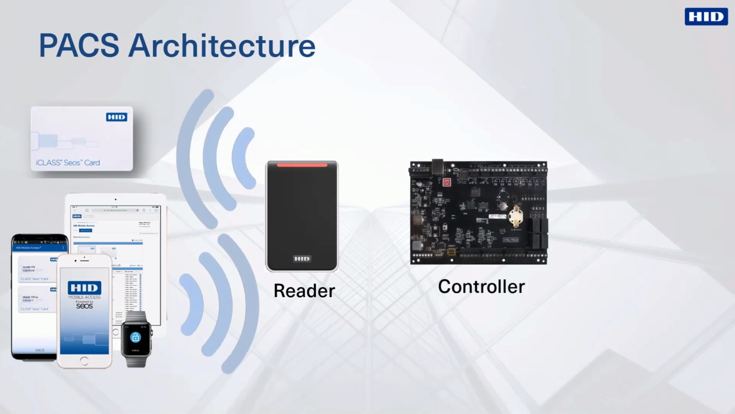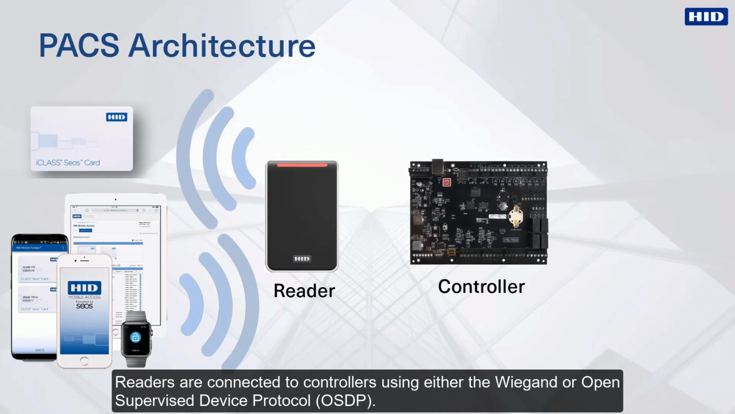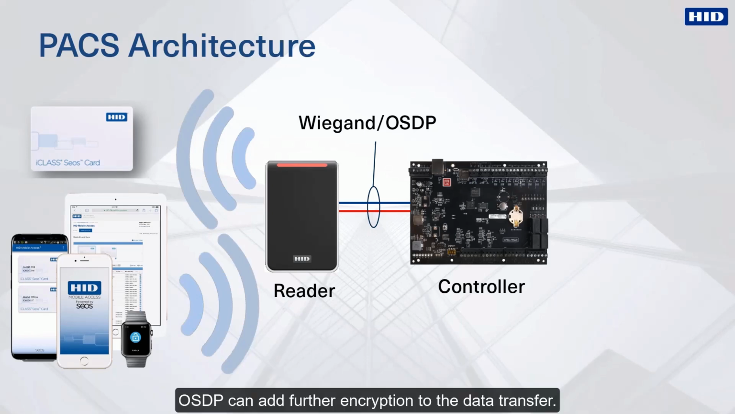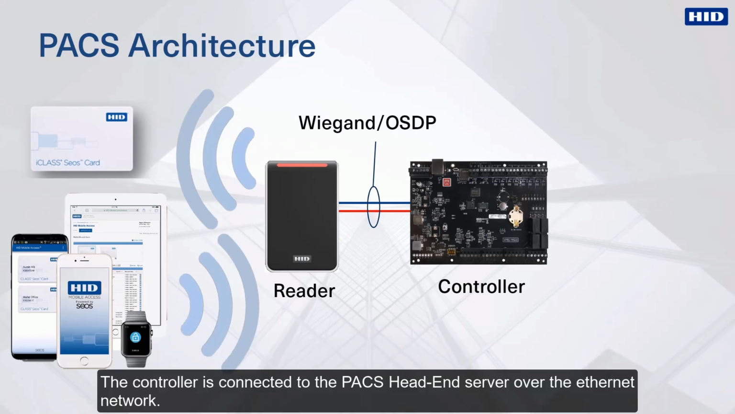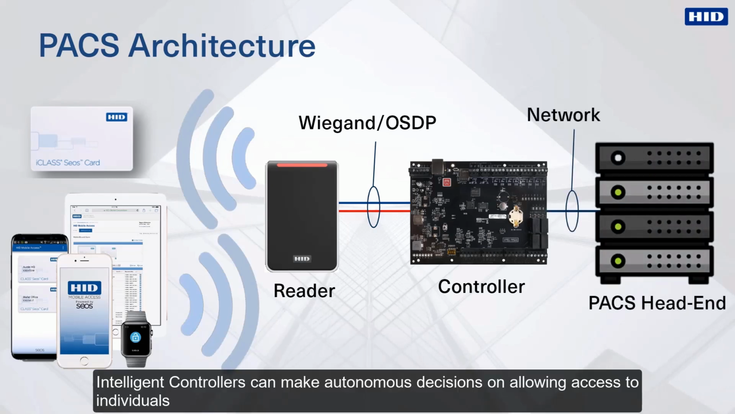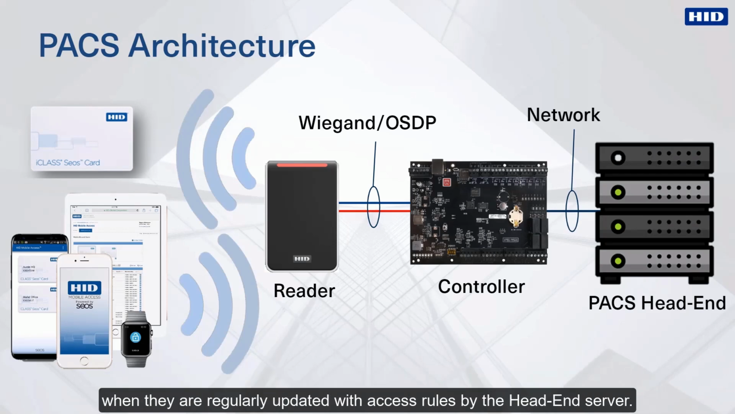controller for decryption. Readers are connected to controllers using either the Wiegand or Open Supervised Device Protocol, OSDP. OSDP only requires 2 wires for data transfer, whereas the older Wiegand protocol requires several, the exact number depending on the functionality being used. OSDP can add further encryption to the data transfer. The controller is connected to the PACS head-end server over the Ethernet network. Intelligent controllers can make autonomous decisions on allowing access to individuals when they are regularly updated with access rules by